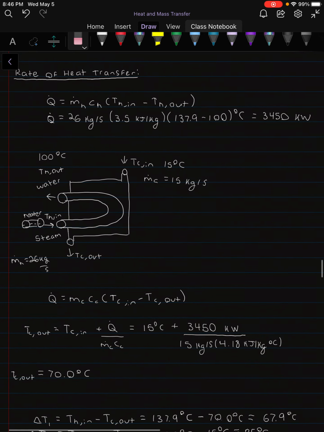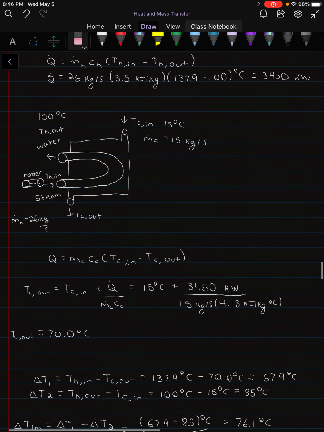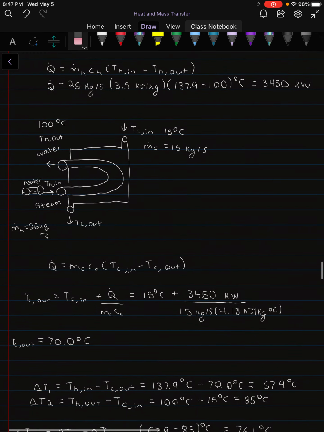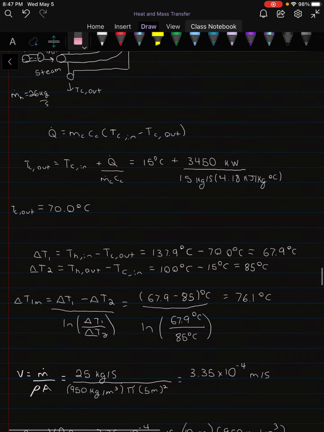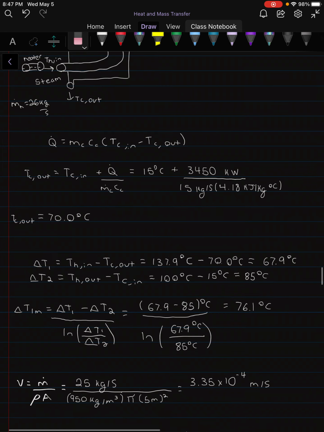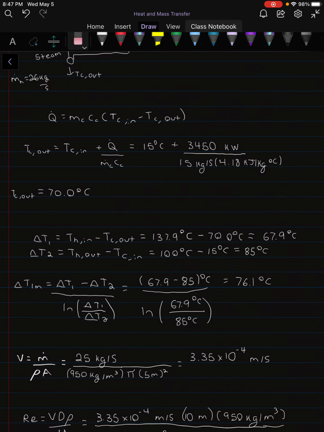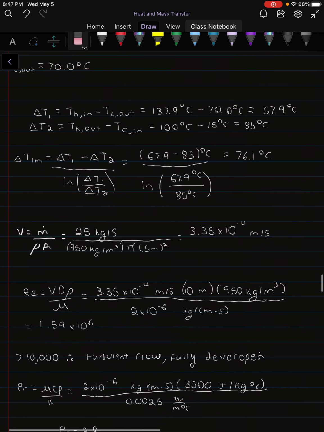From there, we have our rate of heat transfer, which is Q dot equal to m dot C, T_H in minus T_H out, and then Q dot is equal to that. Then we can solve for the heat transfer of the other stream, and then you get T_C out of 70 degrees, so that's our first thing. We then want the